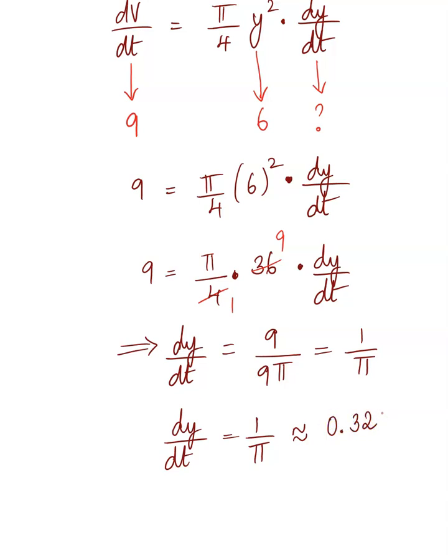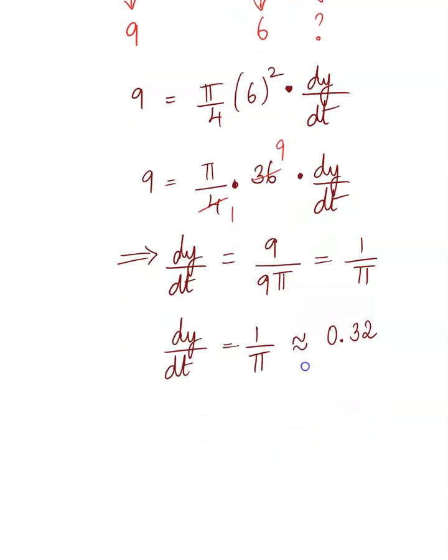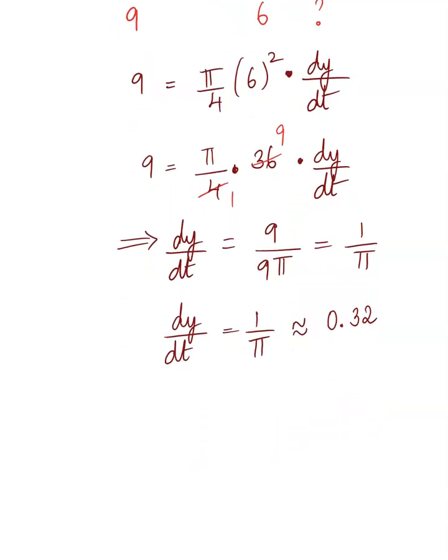Okay. Now again, it's still not complete because we didn't attach the units. So we always want to interpret our answers when it comes to word problems, because that's when you're actually addressing the question. The question was, how fast is the water level rising when the water is 6 feet deep? So what do we say? We say the water level is rising. It's positive, right? The dy over dt is the slope. Positive slope means it's increasing. Therefore, here it's rising. It's rising at about, I have to say about because I rounded the 1 over pi,